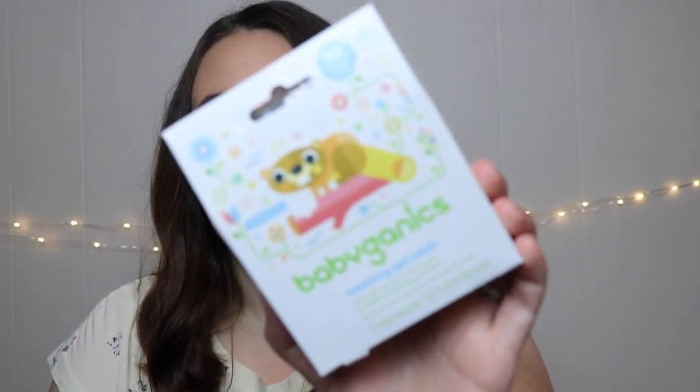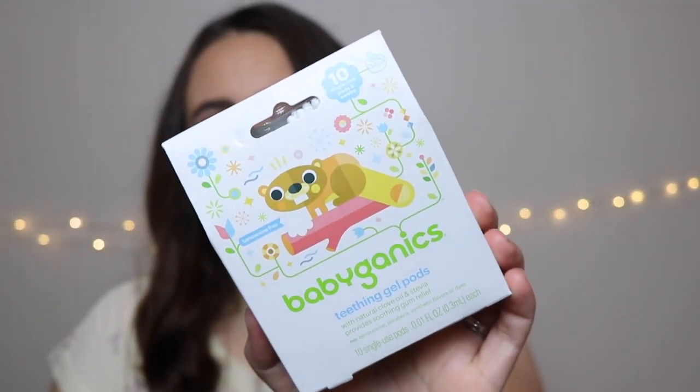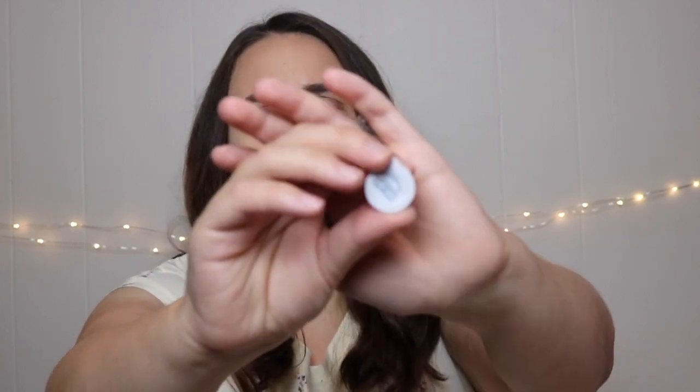So the first thing I want to talk about, I actually mentioned in my 6 to 9 months favorites, but I want to talk about it again because it is teething and it is one of my favorite teething remedies that I have. So this is the Babyganics teething gel pods, and this is what they look like. They come in these weird little pods, and honestly I'm not crazy about the packaging. I wish that it was just in a squeezy tube or something easier than this, but this is how